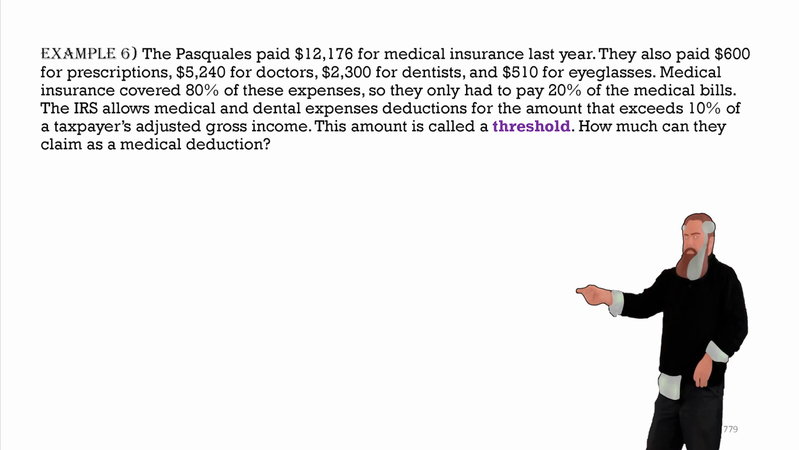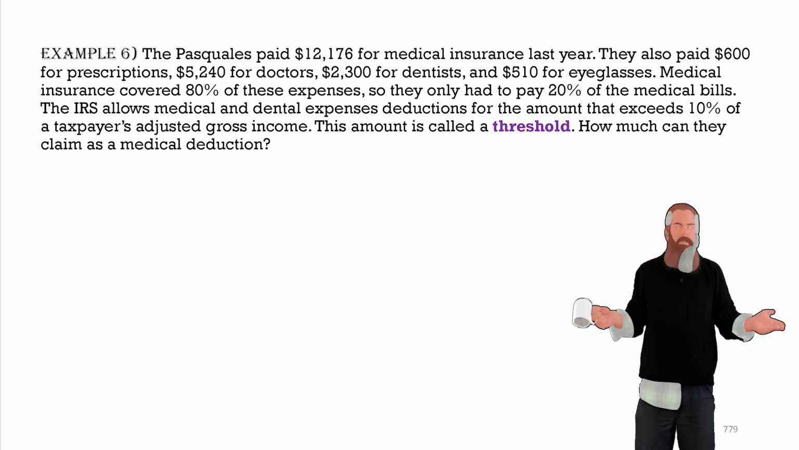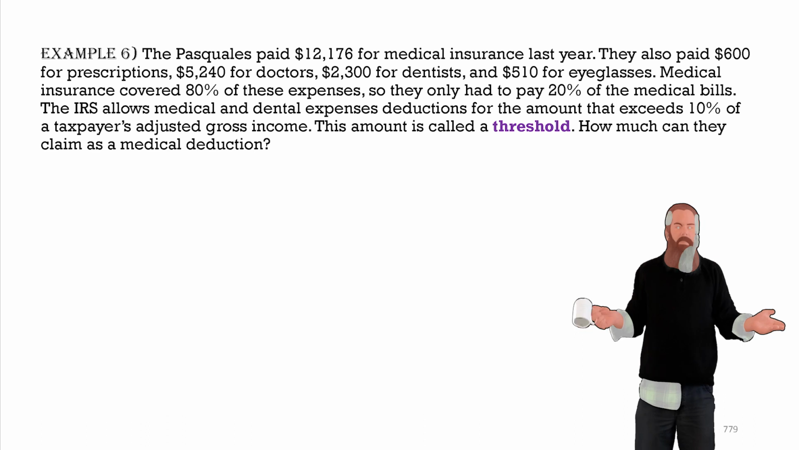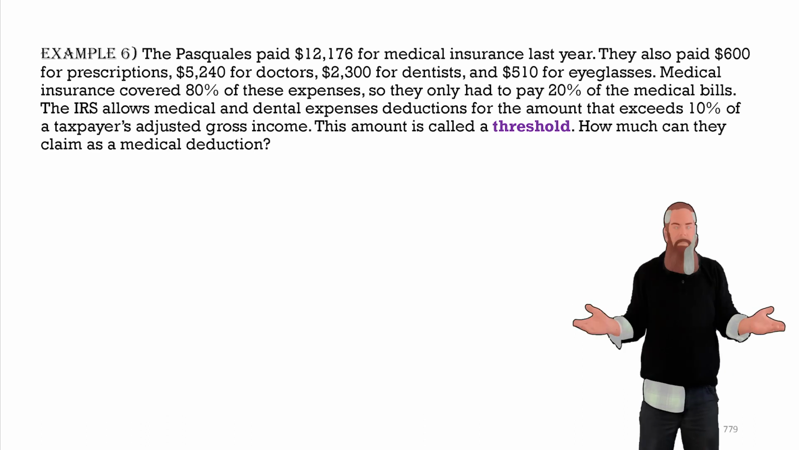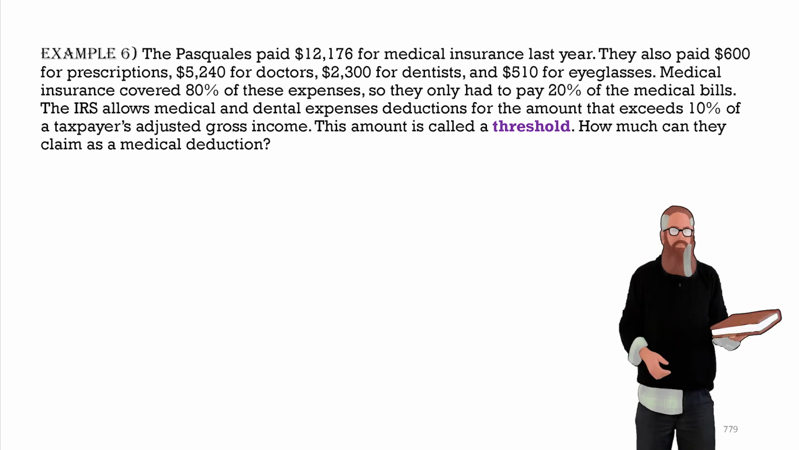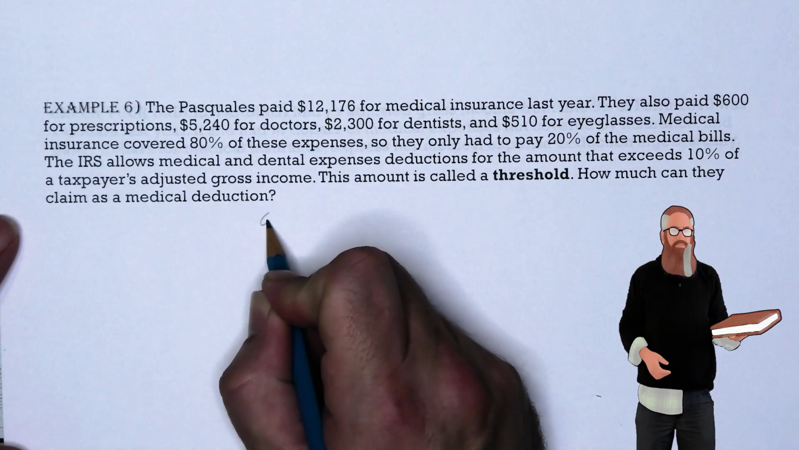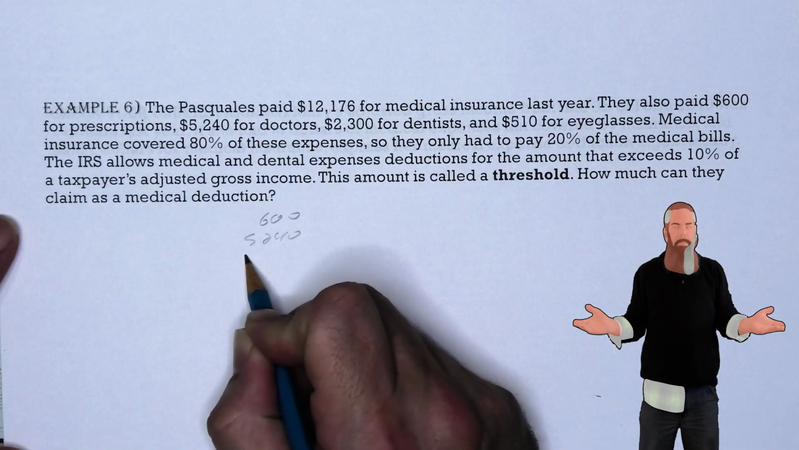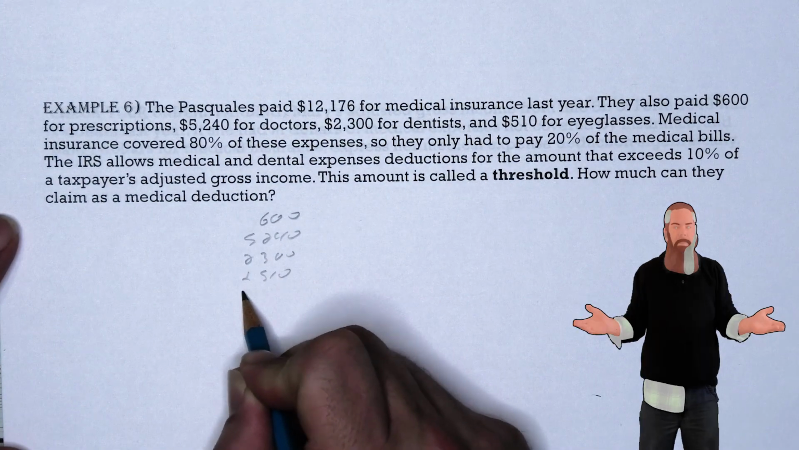The Pasquales paid $12,176 for medical insurance, but that insurance did not cover 100% of their medical expenses. Look at the medical and dental expenses section of Schedule A. Determine the amount that the Pasquales paid out of pocket for medical bills. Add it to find the total medical bills that insurance would partially reimburse. So we have $600 and $5,240 and $2,300 and $510, giving us a total